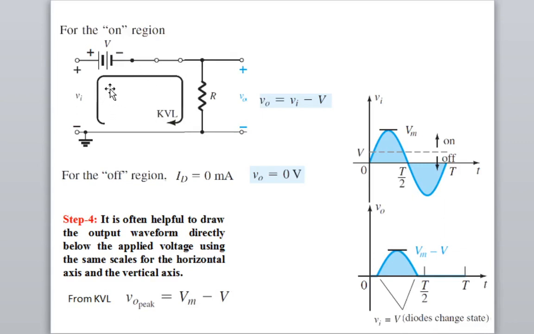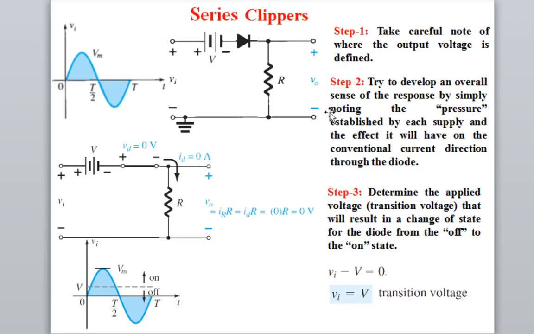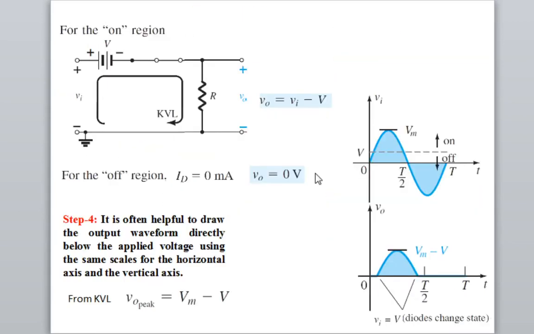So now you apply the Kirchhoff voltage law, as I discussed earlier also. For this case also, if you see, plus Vi plus Vo minus Vi is equal to 0, that is Kirchhoff voltage law. So Vo will be equal to, obviously, this output voltage will be equal to this voltage minus this voltage. So that is Vi minus V. So this will be the output voltage. So this is the input characteristic I have drawn.